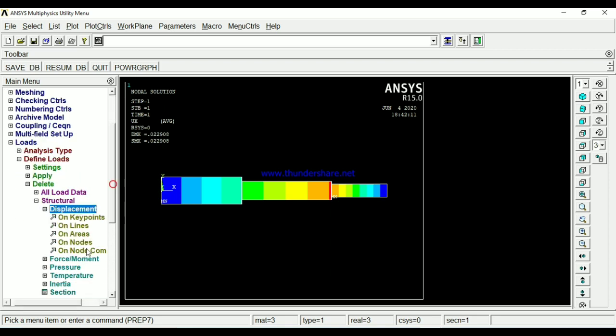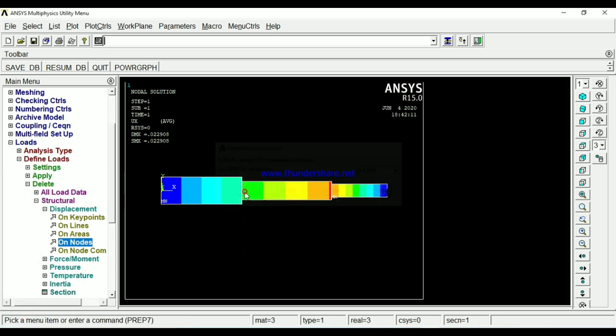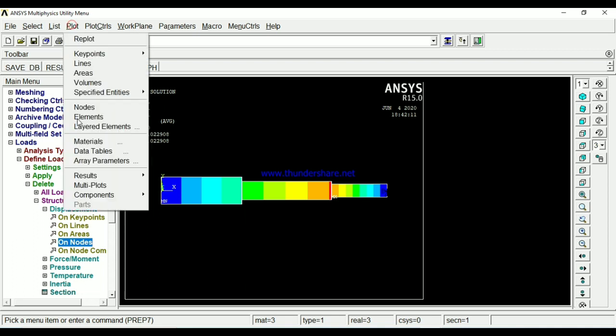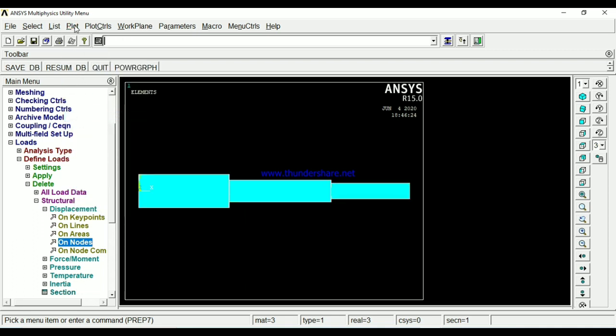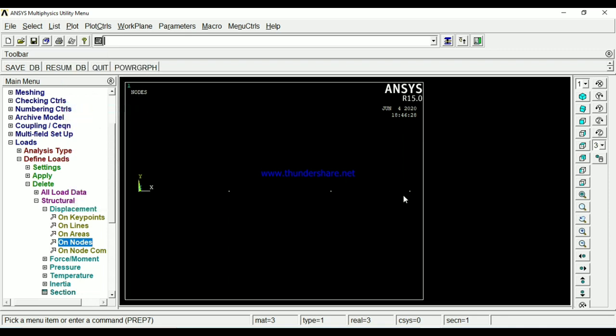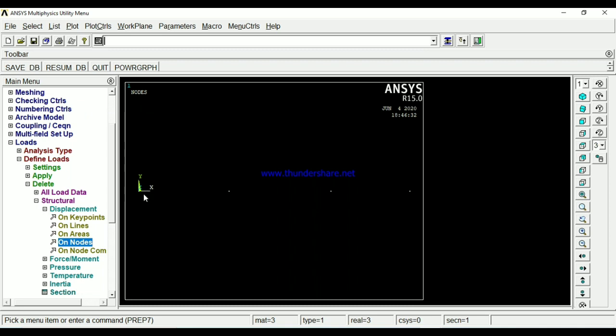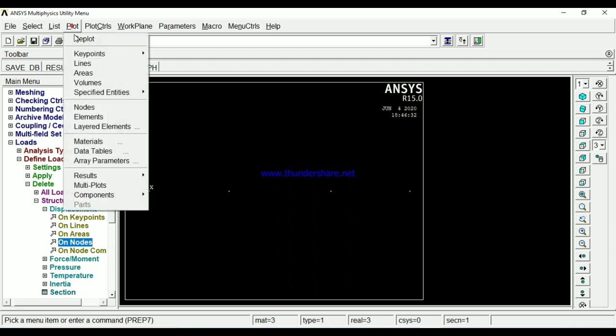Where do I want to delete them? Only on this right hand side. The right hand ones are deleted; all degrees of freedom are deleted here. Then go to elements and check nodes. All of you observe here. Plot nodes is there. Then see here, plot forces, one minute. They are deleted only at node number 4. Now you came to know how to delete.